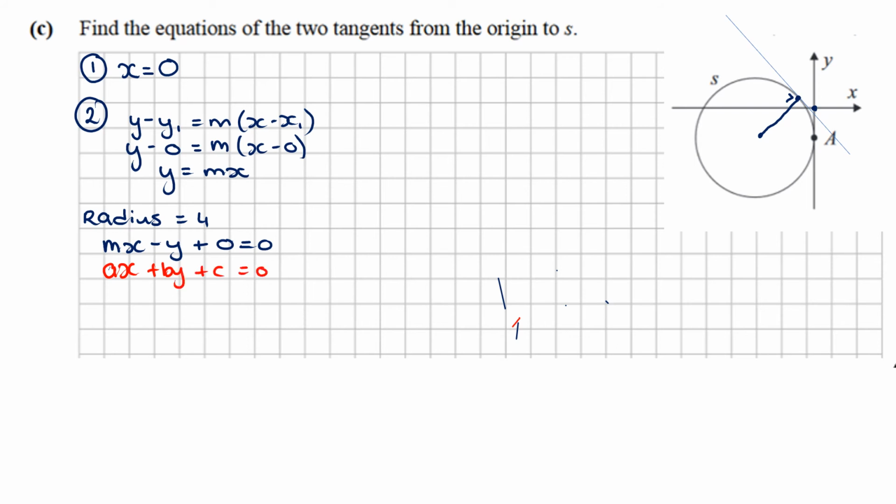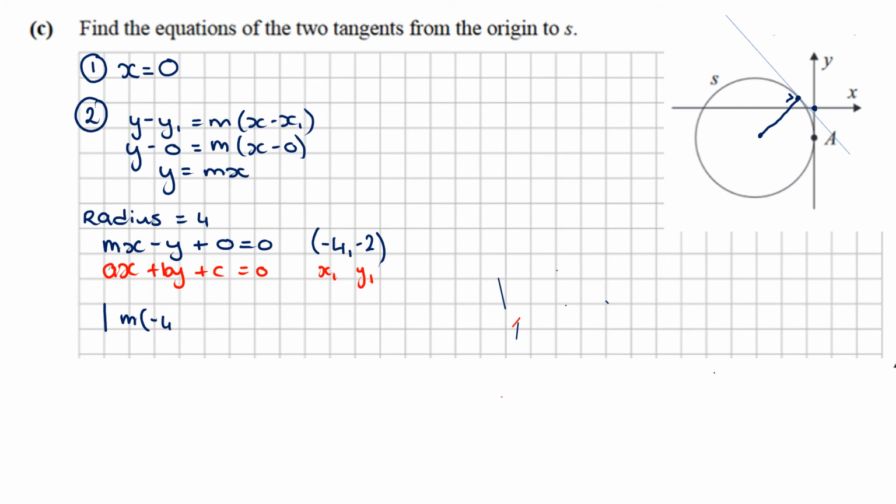The point that we're working with is going to be our center point, so we worked that through before. It's minus g, minus f, so from earlier in the question that was minus 4, minus 2. That's x1, y1. Our formula is given on the very top of page 19, and it is